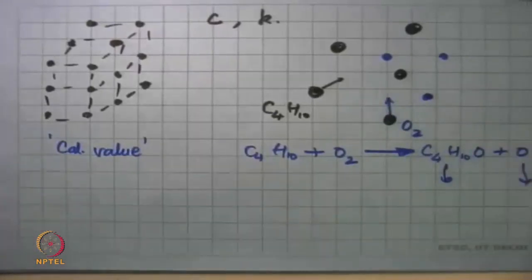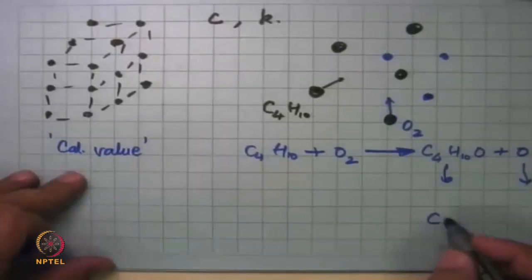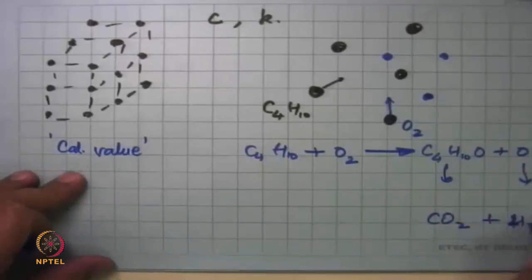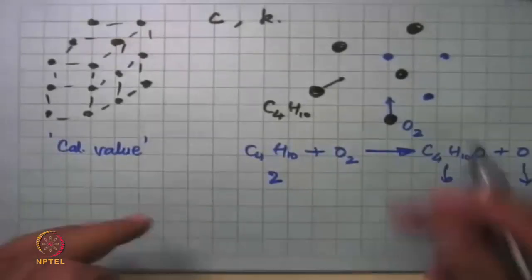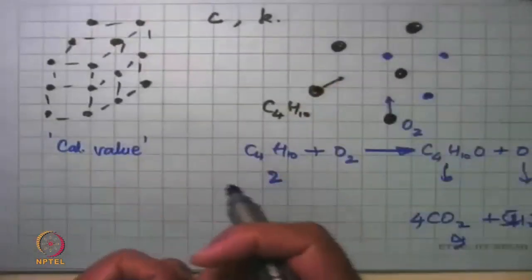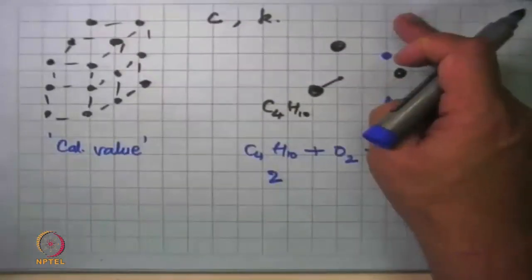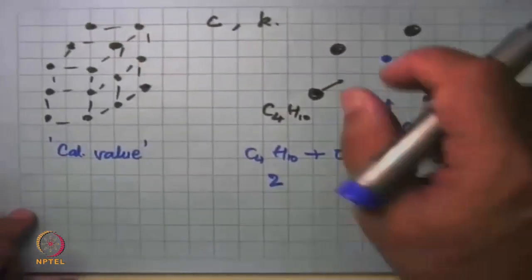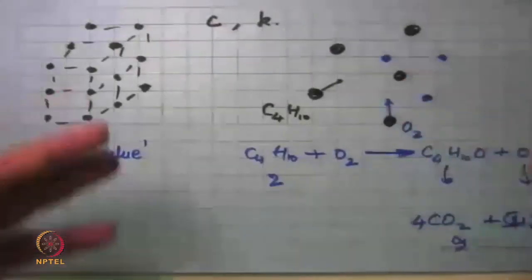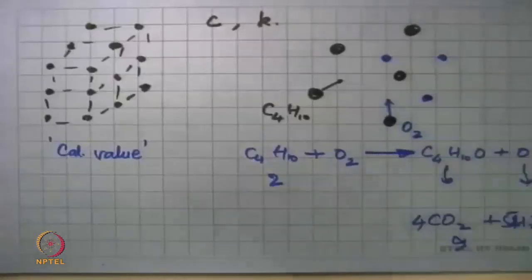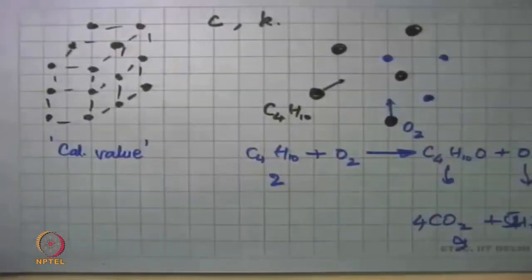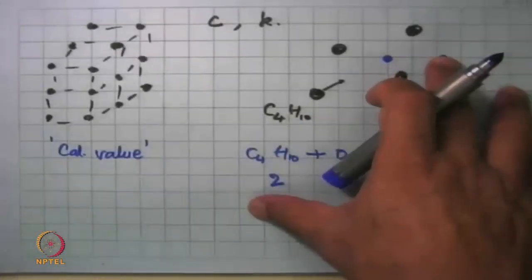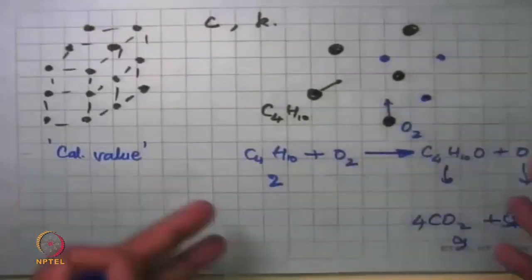Like that, there may be several hundred such reactions taking place, and finally we get CO2 plus whatever is the number of H2O that is there: 4CO2 and 5H2O. So here you get 4 plus 5, 9 molecules. We started off with 2 molecules, and every hitting is a 2-molecule process. So we can calculate all of this. Researchers in combustion and pollution do make such calculations, and from here we do get a lot of valuable insight into what is happening, but then we try to make it in a usable form that a designer of a combustor or a burner can use that knowledge. But it takes a supercomputer several days of calculation to give the answer for this.